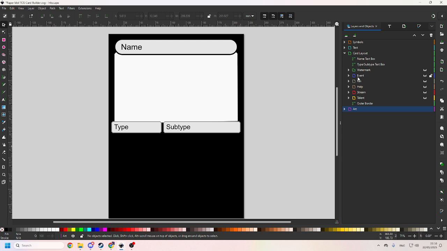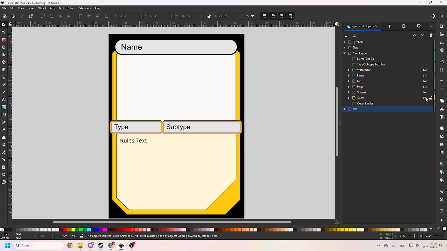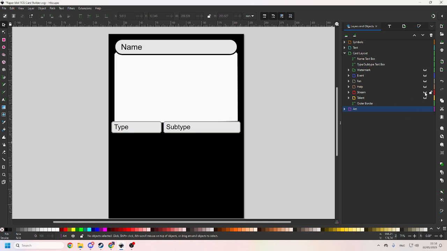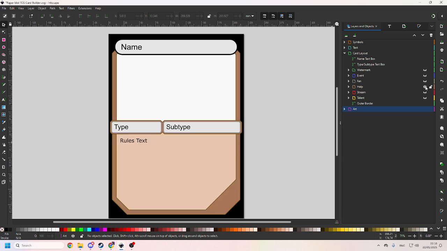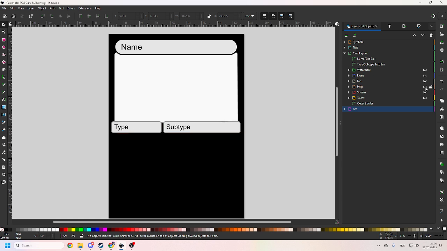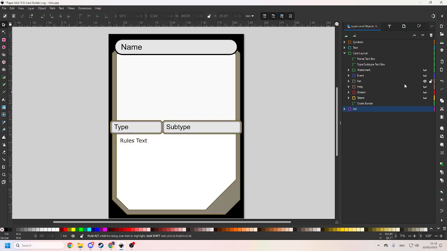The card layout is where the fun stuff happens, because now we have all different types of cards. We can have a talent card, which has a yellow border and a light yellowish rules text space, and then streams are red. The help cards are brown. Fan cards are gray. Then you have the event card,